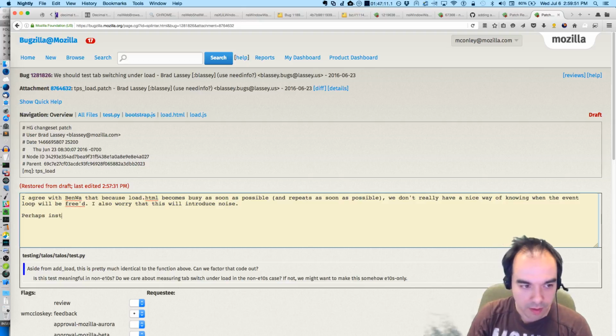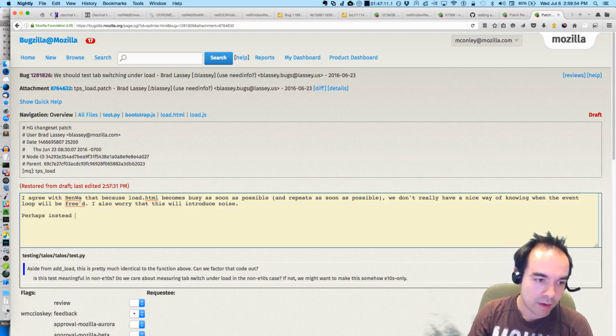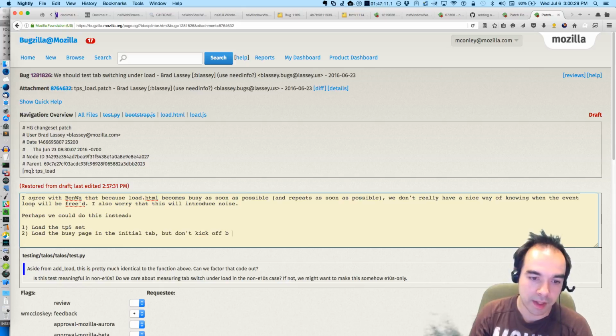Perhaps instead we could send a message down to the initial tab after we've switched. Perhaps we could do this instead. Load the TP5 set, load the busy page in the initial tab, but don't kick off busy activities yet.